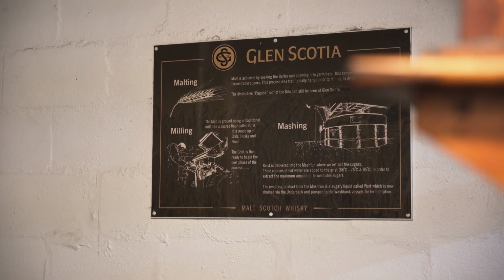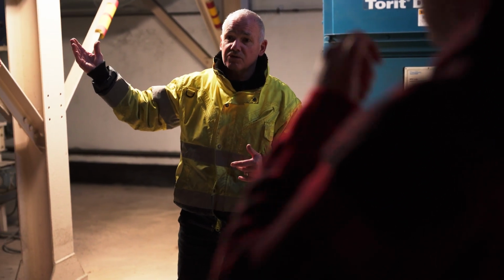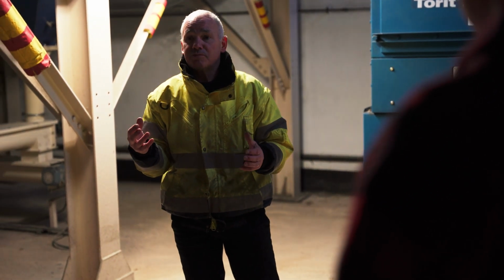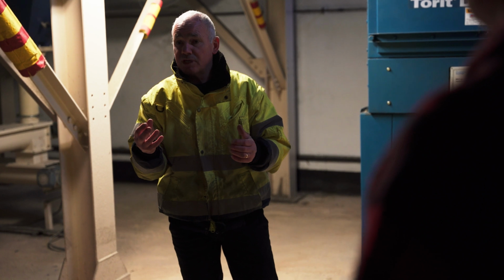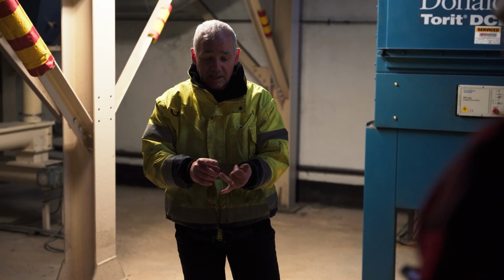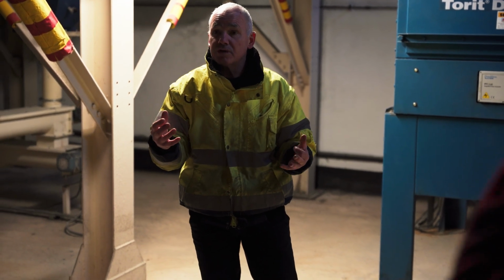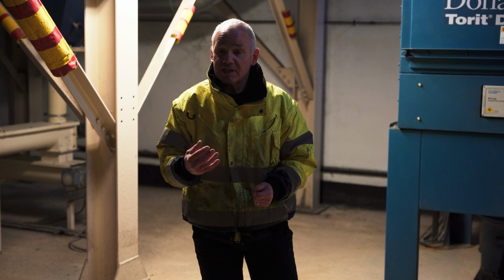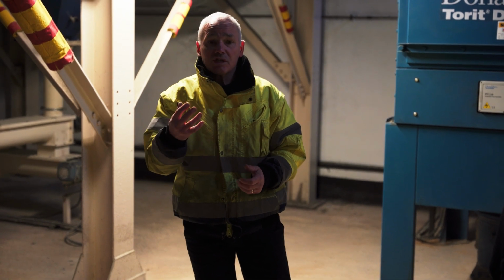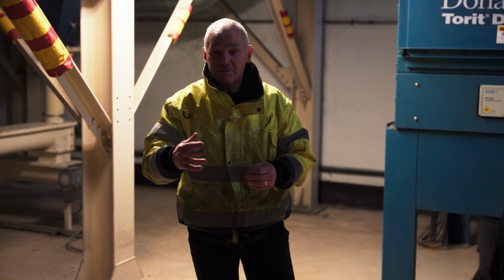We don't do our own maltings like some other distilleries do, like Springbank does across the road. We buy in the malt to the specification that we require. So we want unpeated, we'll buy an unpeated, heavily peated, we'll buy a heavily peated, or medium peated, just whatever that we want, we'll buy into the specification. Years and years ago we had our own maltings, but that was a long time ago, and things have changed